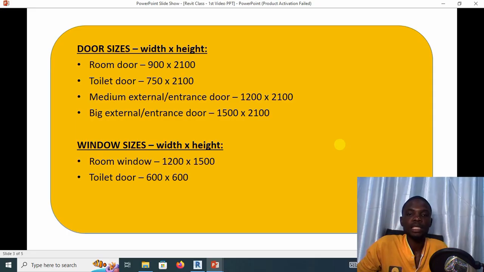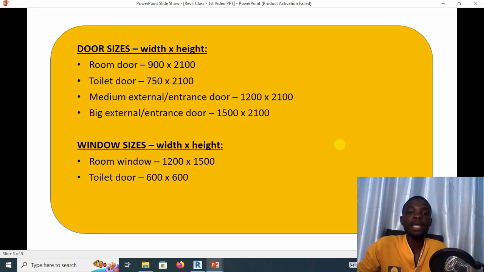Standard room door size should be 900 millimeters in width and 2.1 meters in height, or 2100 millimeters in height. The toilet doors for a residential building should be 750 millimeters in width and 2100 millimeters in height. For a medium entrance door or external door, your width should be 1200 millimeters and your height should be 2100 millimeters. For a big external or entrance door, your width can be 1500 millimeters and your height should be 2100